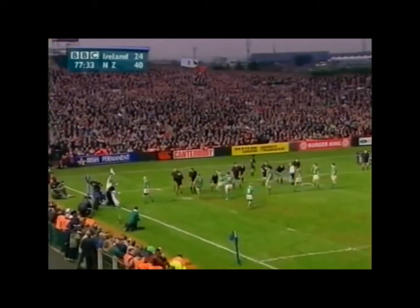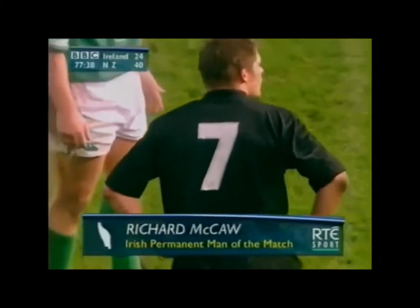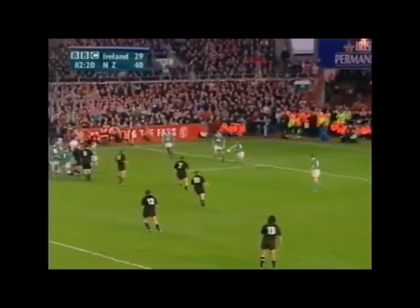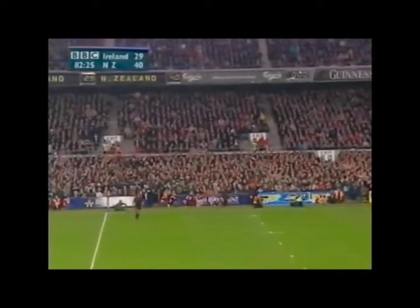Well, Ireland need to get their line out working. It's been a little bit rocky for the last 20 minutes of this half. Need a good one. McCaw, the man of the match. Humphreys again. This time he gets the ball away with a little more comfort,